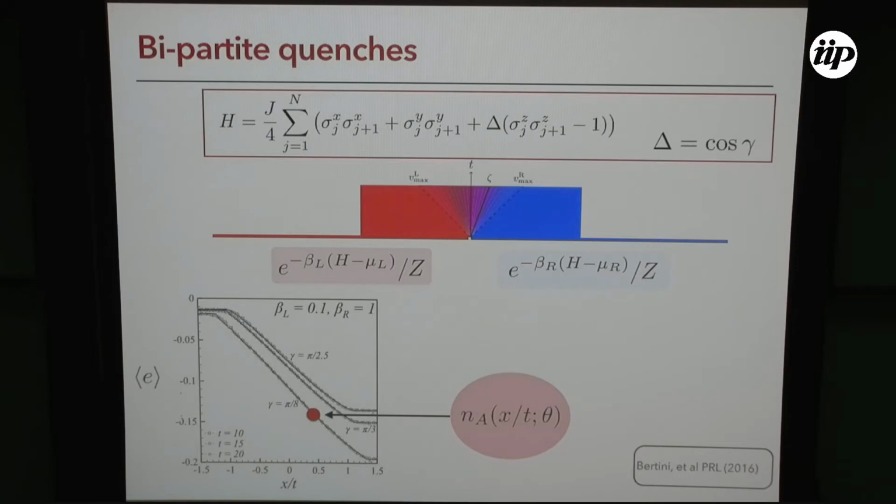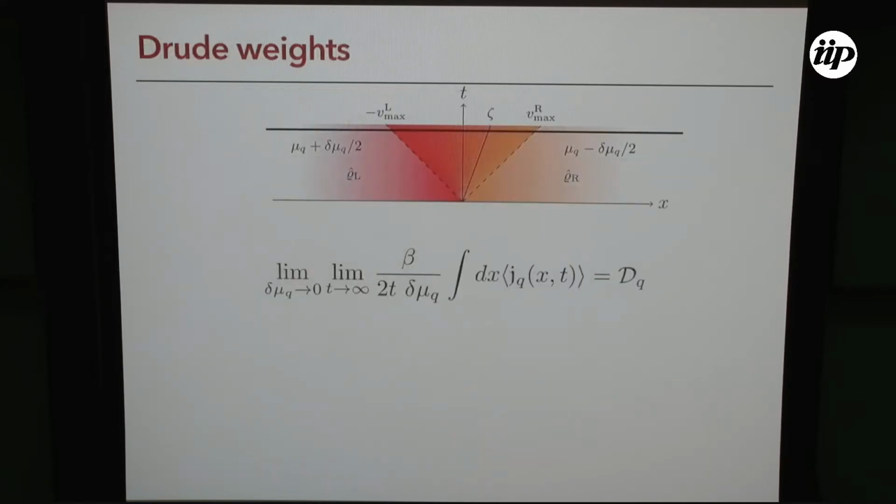generalized hydrodynamics. This is for a spin chain, with some value of delta. You have some profile of energy as a function of x over t. These are different values of interaction, and the dots are DMRG simulations that go on top of the hydrodynamic solution. So hydrodynamics is not valid only at infinite time, it's already good at finite time, as the numerical simulation shows you. But okay, I'm going a bit fast here because maybe it's a story that is now already 2 years old. Then one can use this